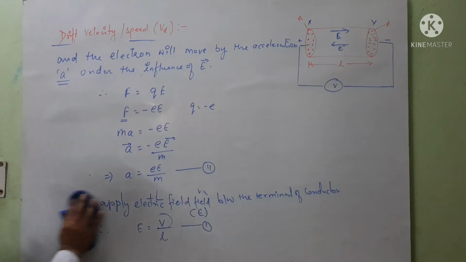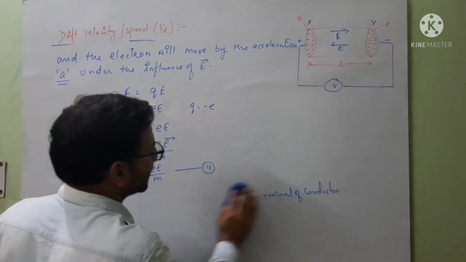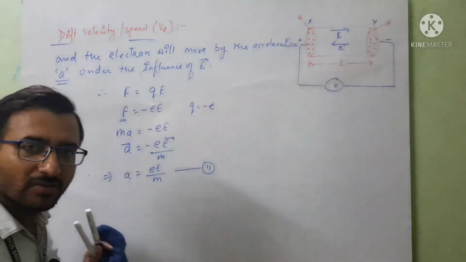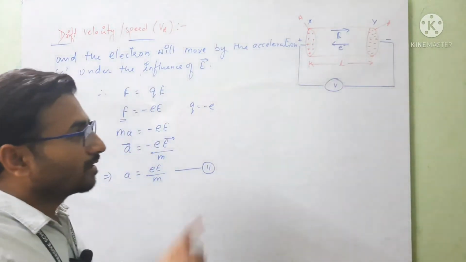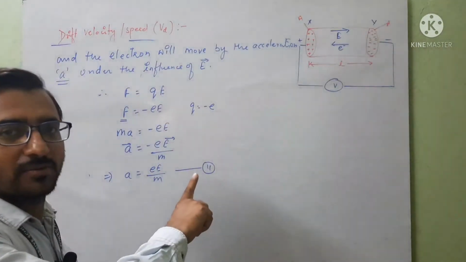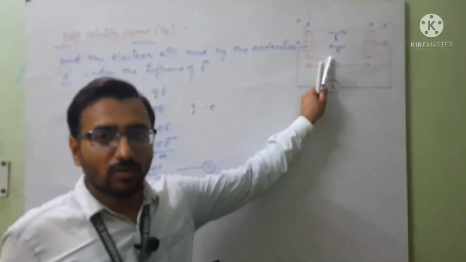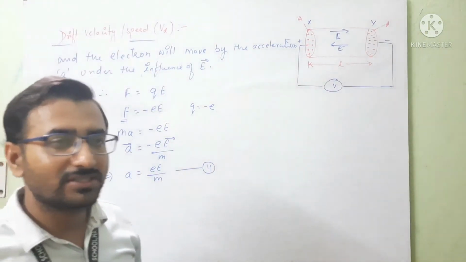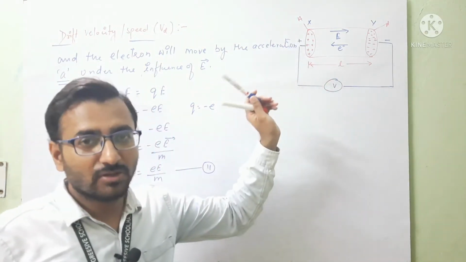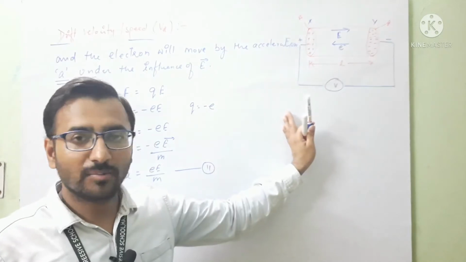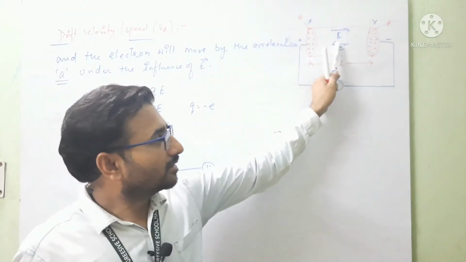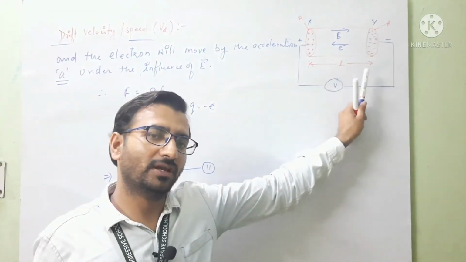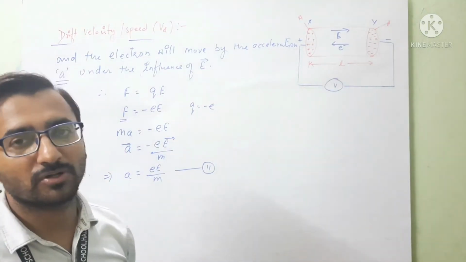Now here, on applying the electric field, as we know, the electron will move from the negative terminal to the positive terminal with some acceleration. When the electron is moving from Y to X terminal, what happens, student? The electron will collide with the other atoms and ions present in its path and will lose the kinetic energy by which it is moving from the negative plate to the positive plate, and come to rest. After that it will gain acceleration or energy again from the external electric field and start its motion toward the positive plate.